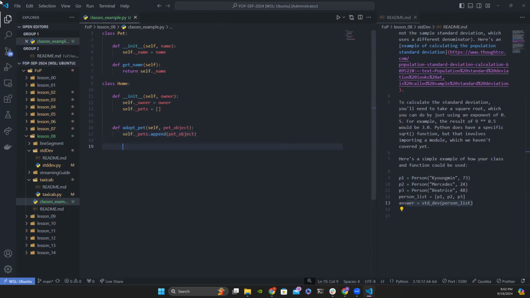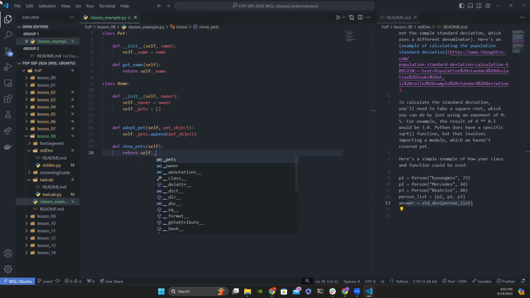right? It has another method called show pets, right? Essentially, it's pretty much just a getter method that's going to allow us to access the list of pets. So it should be return self dot underscore pets, right? So whenever we use this method on the home, it should return to us the list of pets that we have within this home object,